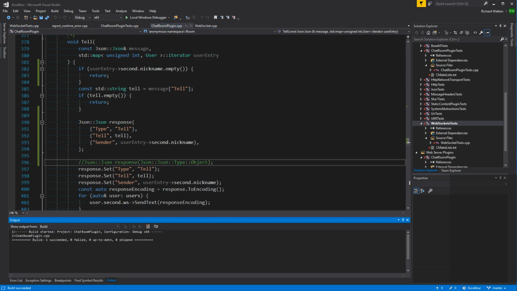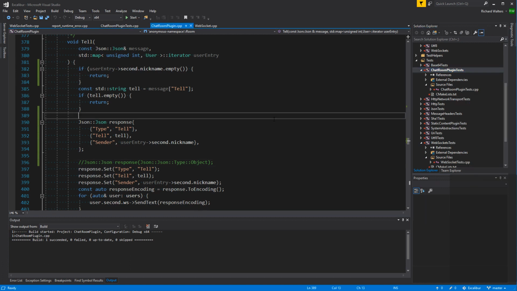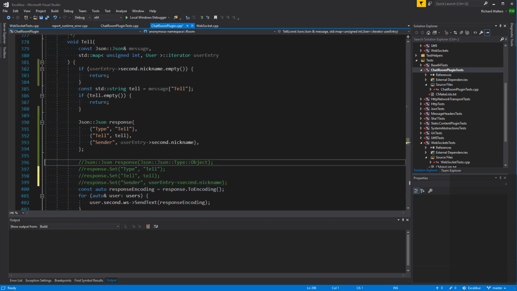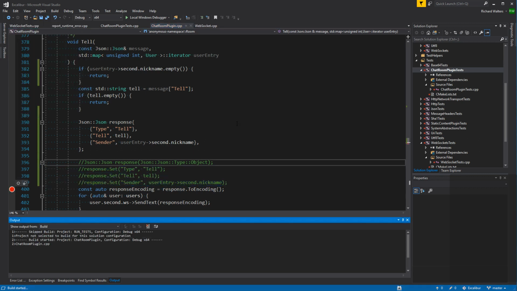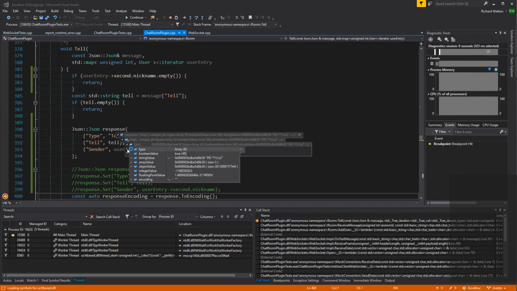But for one thing, oh, why did it accept that? Oh, yeah. So right now it's going to do the wrong thing. It's going to assume that that's an array. So if I ran this in the context of our plugin test, and I hit go. Oh, well, hold on. Put a breakpoint there. Oh, and I meant to comment all that stuff out, didn't I? Put a comment there, rebuild. Then response actually is not going to be an object. It's going to be an array, type array, right?